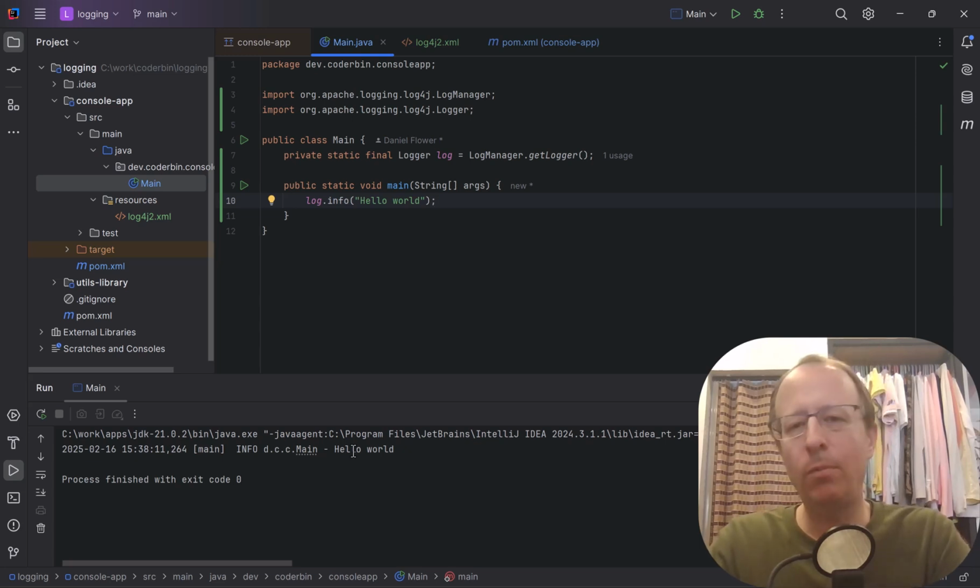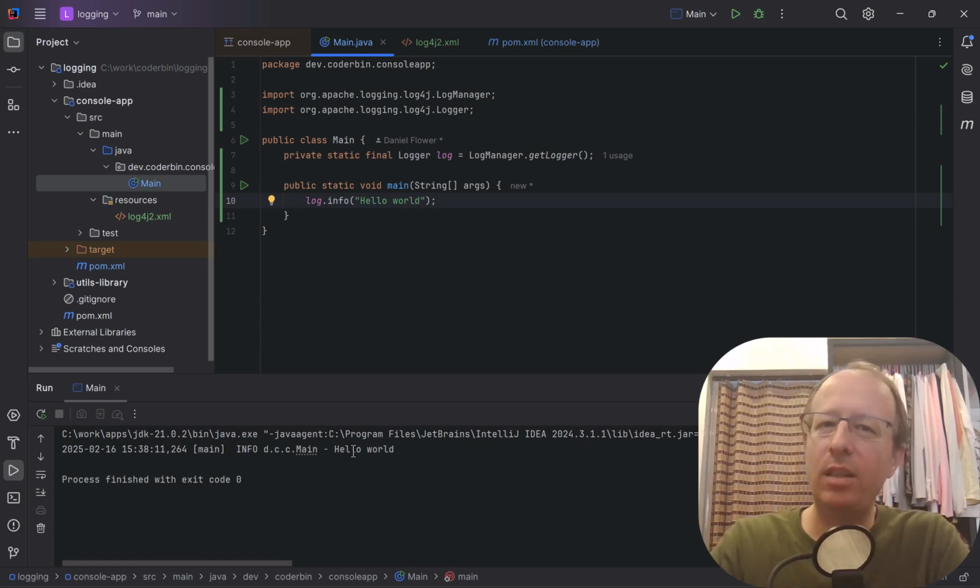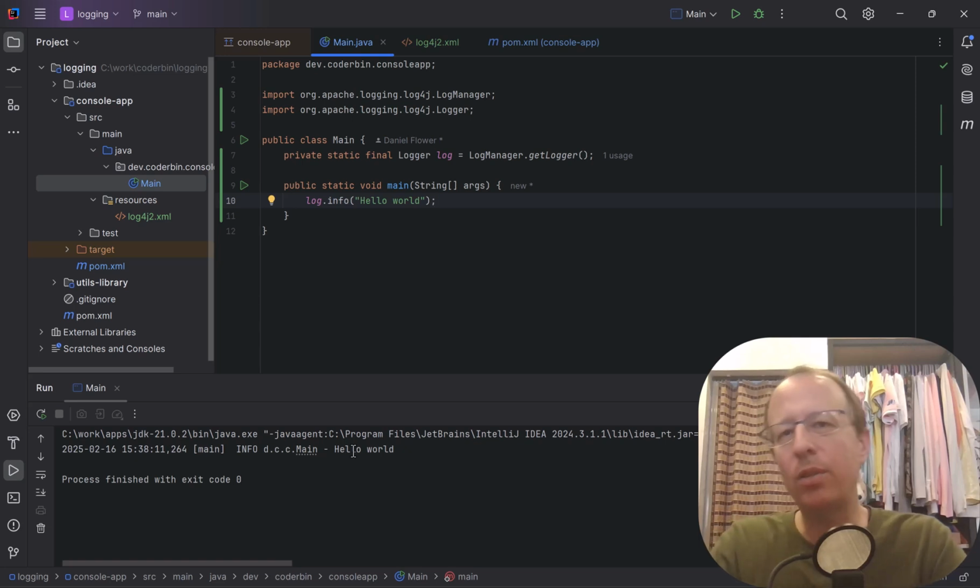However, we don't normally have zero dependencies when we're making something. We are often using things from other libraries. So what if another library is using Logback or some other Log4j configuration? How should they write their library, and how should it be consumed by you?